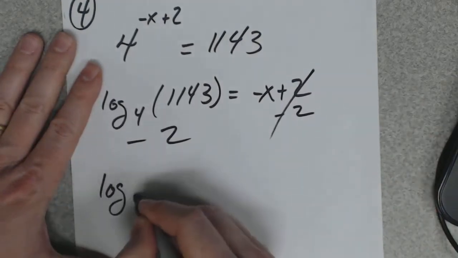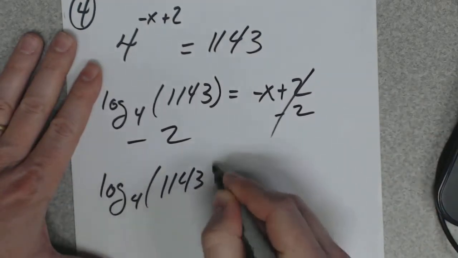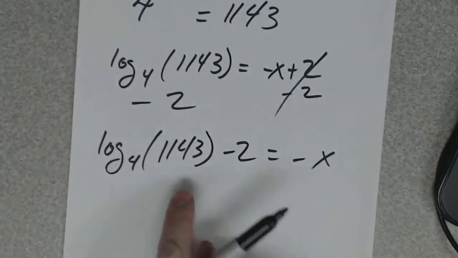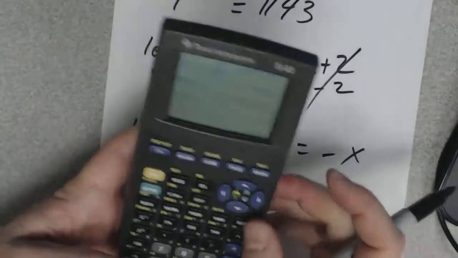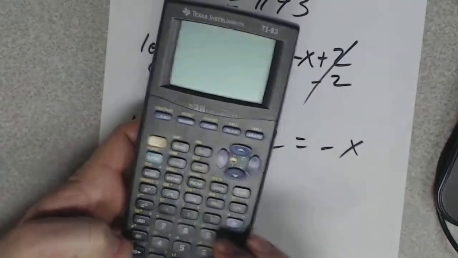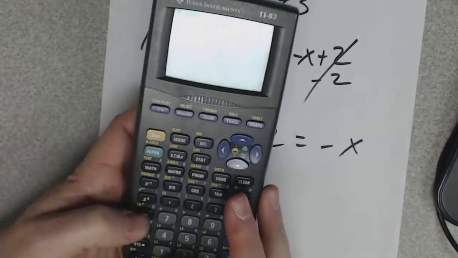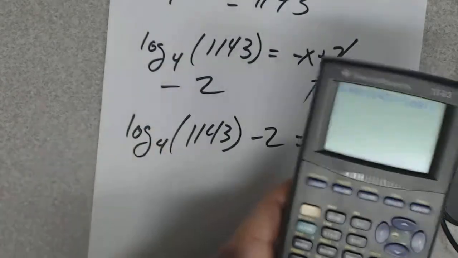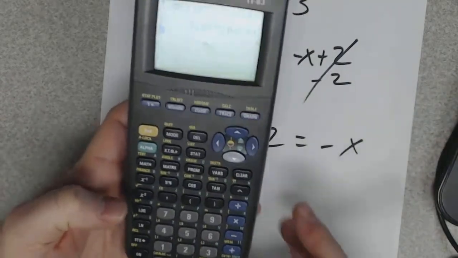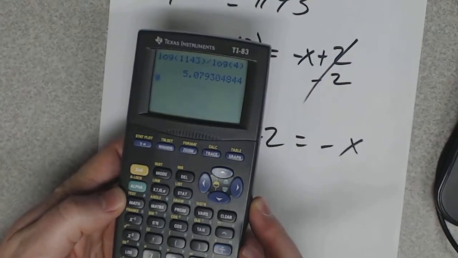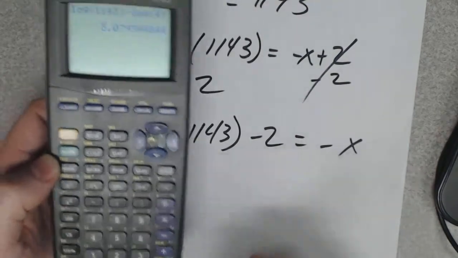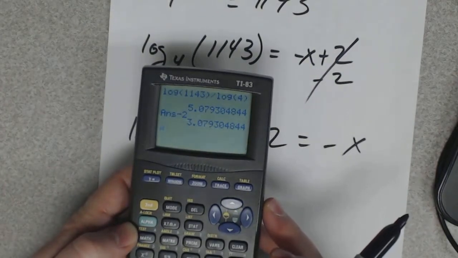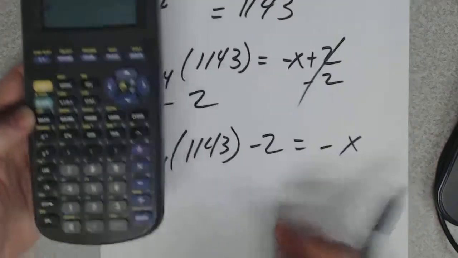So what's log base 4 of 1143 minus 2 equals negative x. Well, let's just figure out what this number is first before I go changing a bunch of signs. So log 1143 divided by log 4, I get 5.0793. I'm going to subtract 2 from that now, and I get 3.08